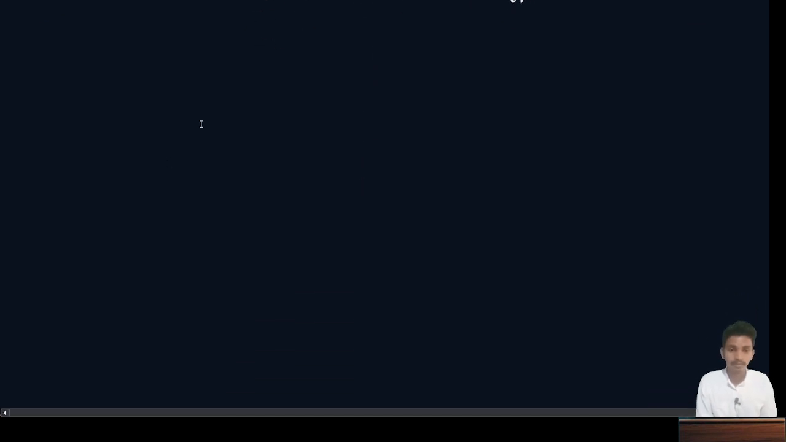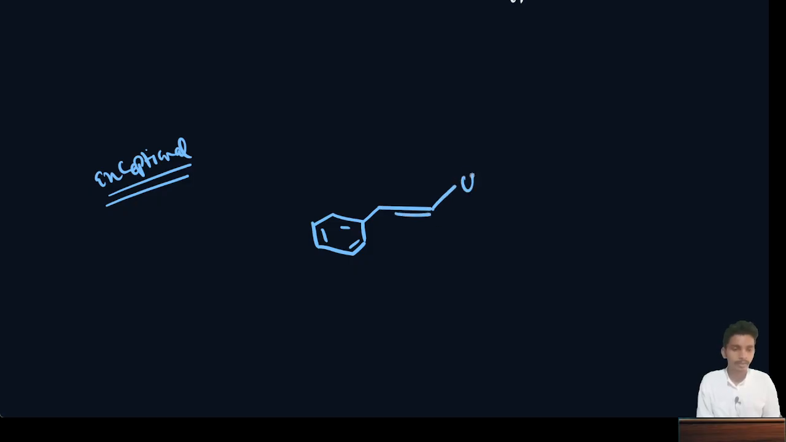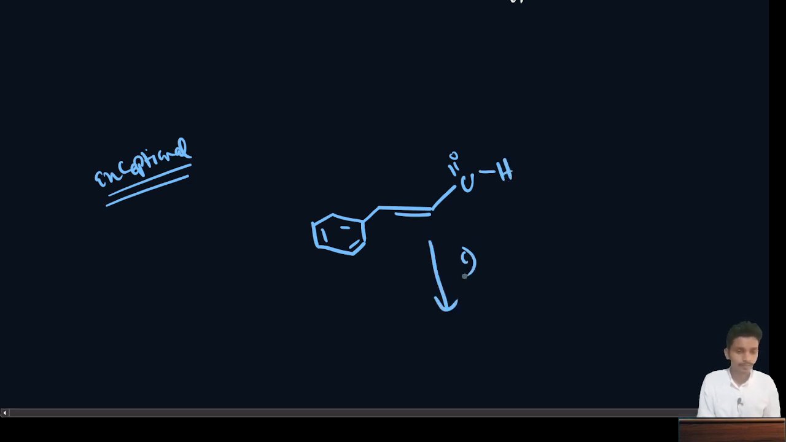Okay, but the exception is, let's say we have a double bond C double bond C, or let's say we have this type of benzene ring. Here we have this and here we have COH. Now you give lithium aluminum hydride and then